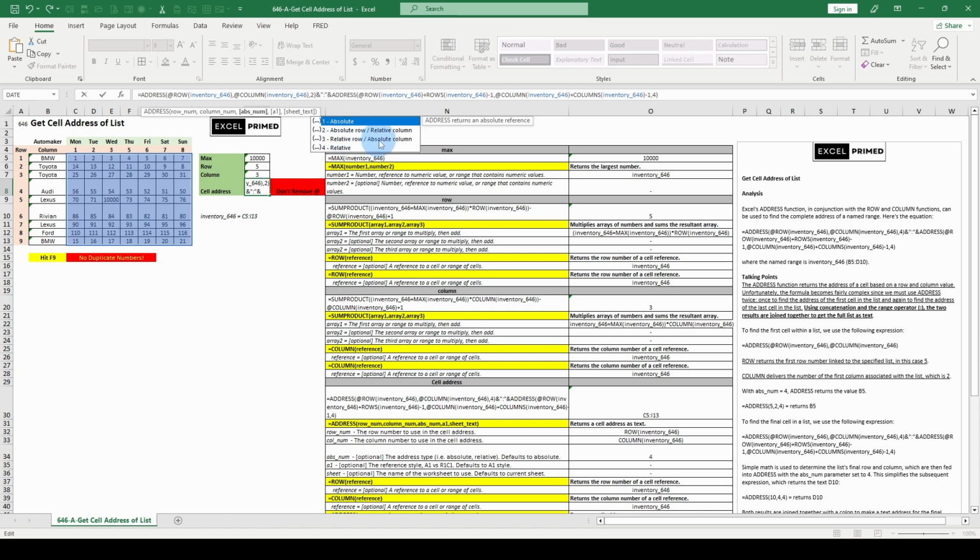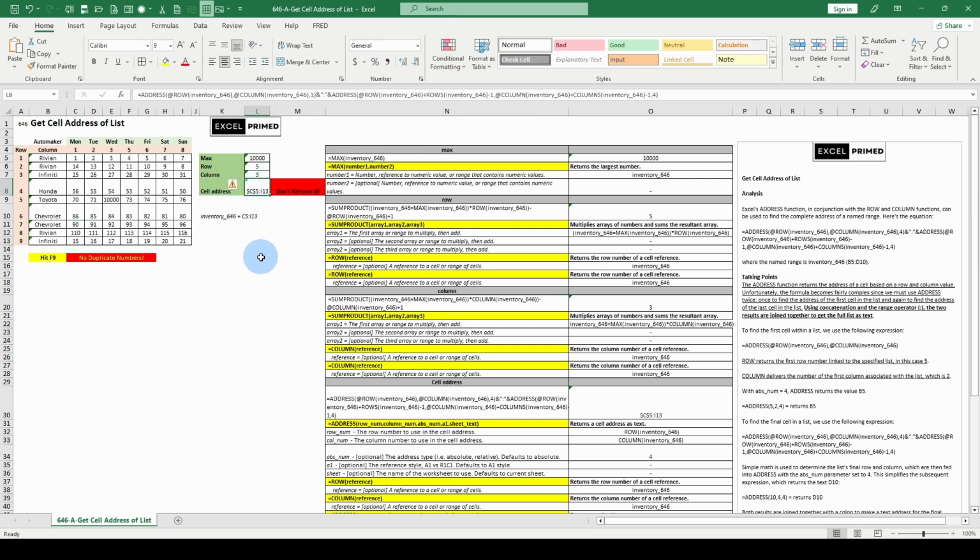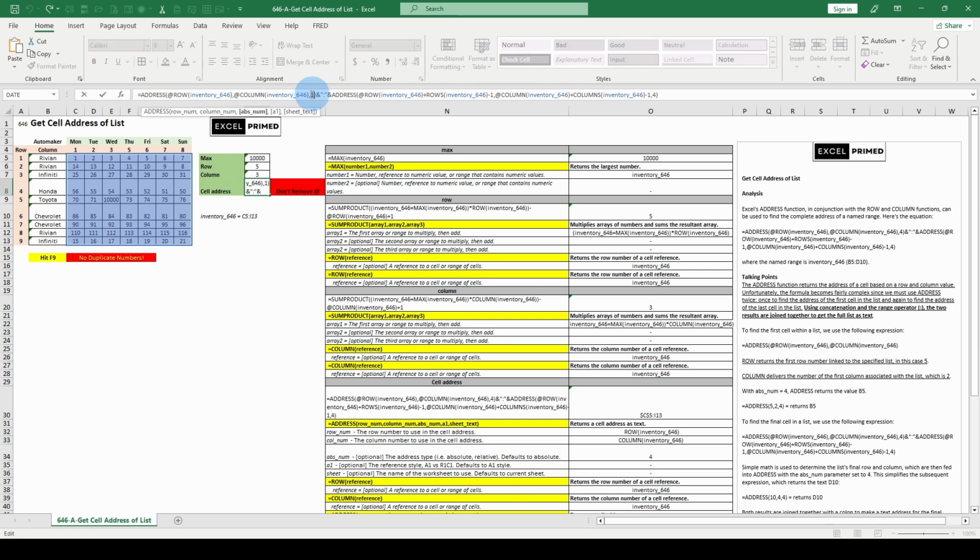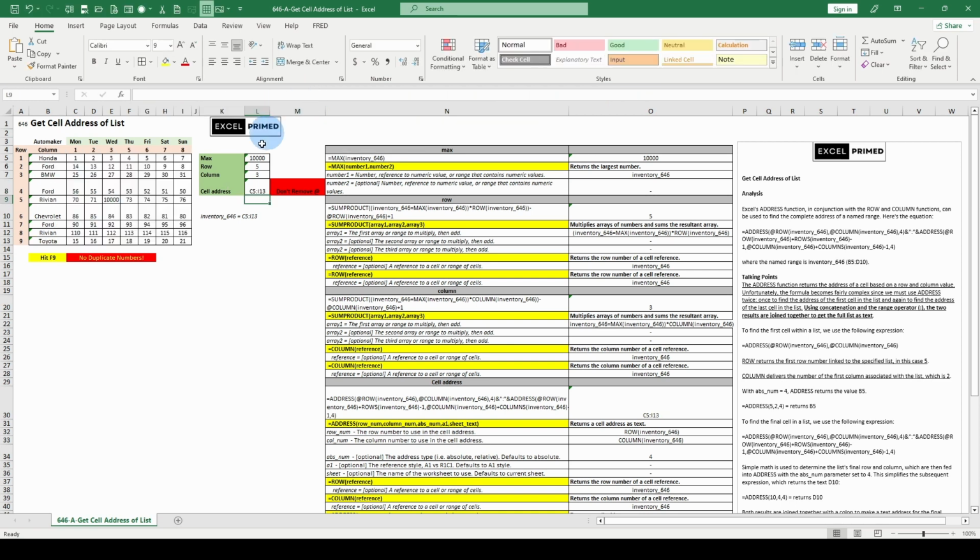Relative row, absolute column, and then relative. Here, we'll just go 1, and then you see how now it's showing as absolute? It's purely appearance. So then we put back to 4, it's relative. And we're going to do the exact same thing with the I3. And if we look here, we're going to go row, here F9,